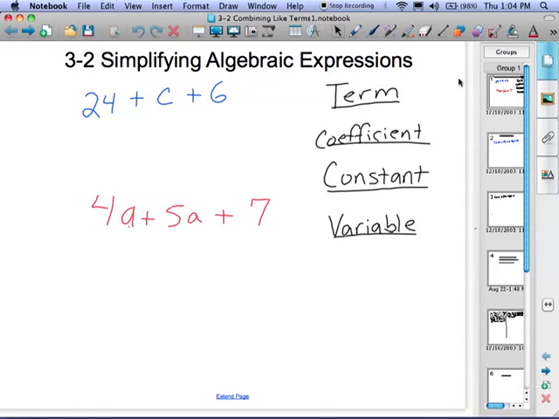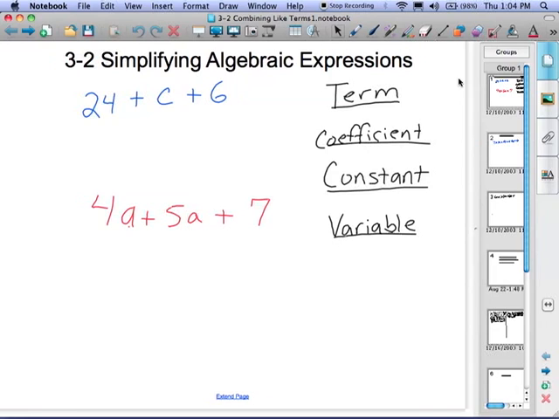3-2, simplifying algebraic expressions, otherwise known as combining like terms. First, here on this board, I would like to introduce you to these four words on the right-hand side: term, coefficient, constant, and variable. These are words that I'm going to use to describe things from now on in mathematics. These are things you're going to need to know the definitions of, but you'll get used to, you'll know them